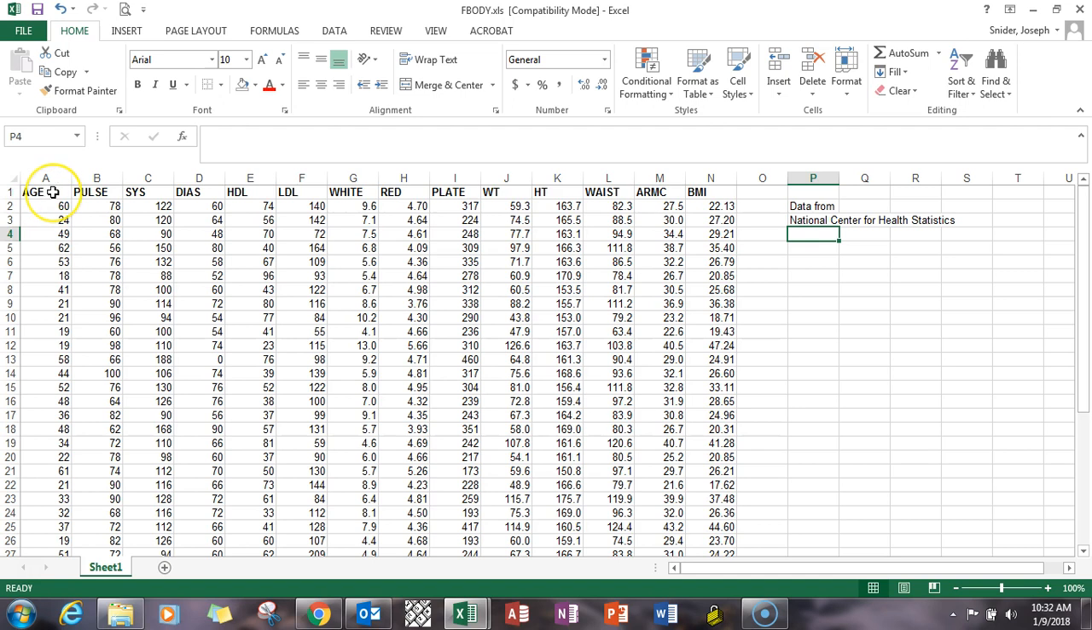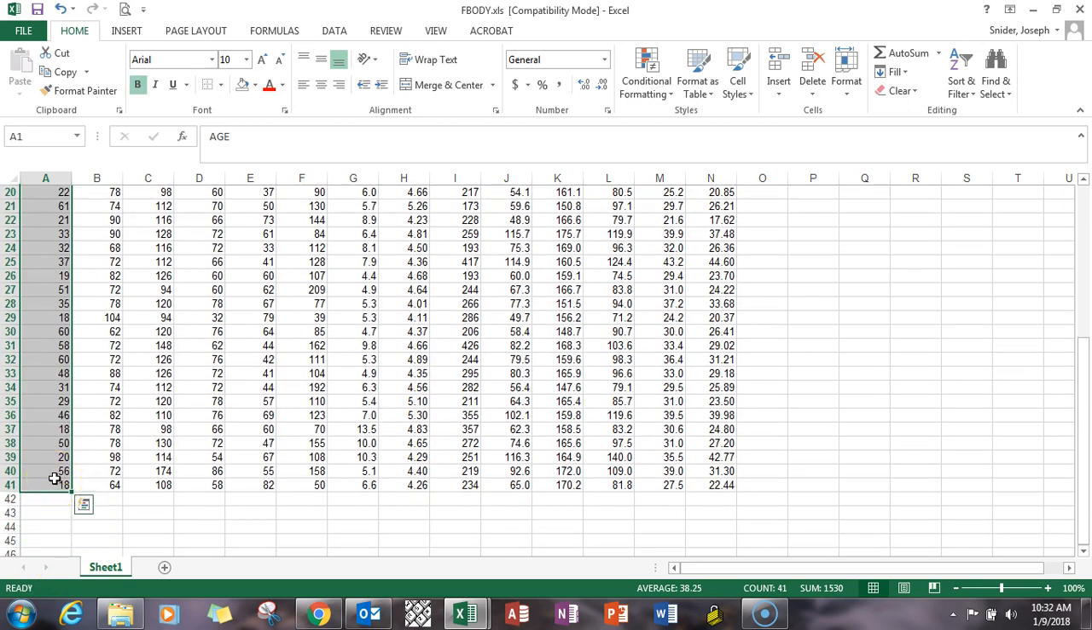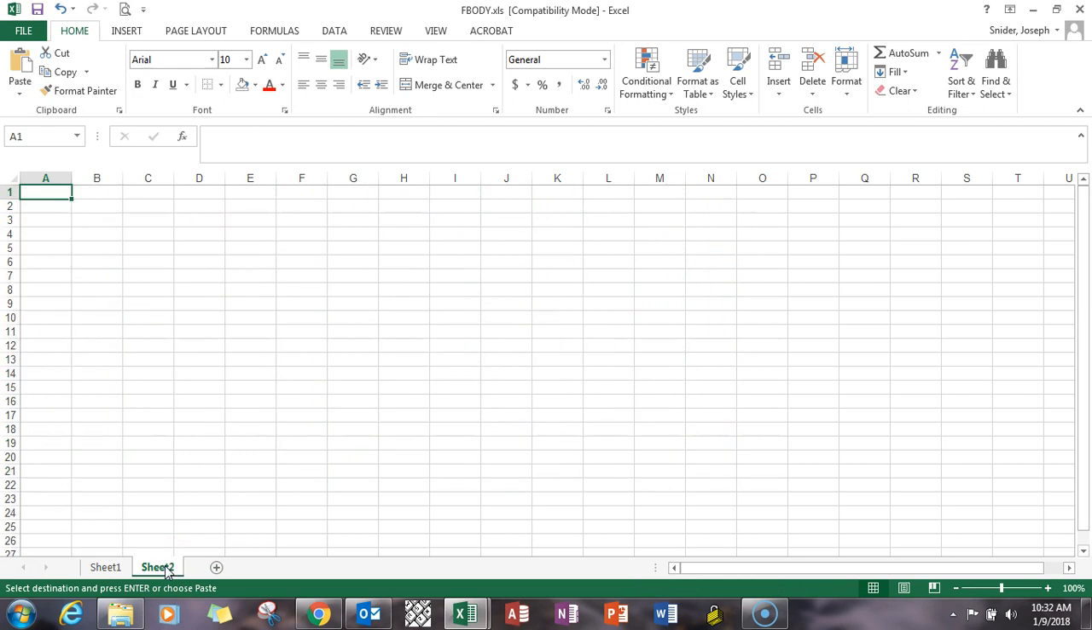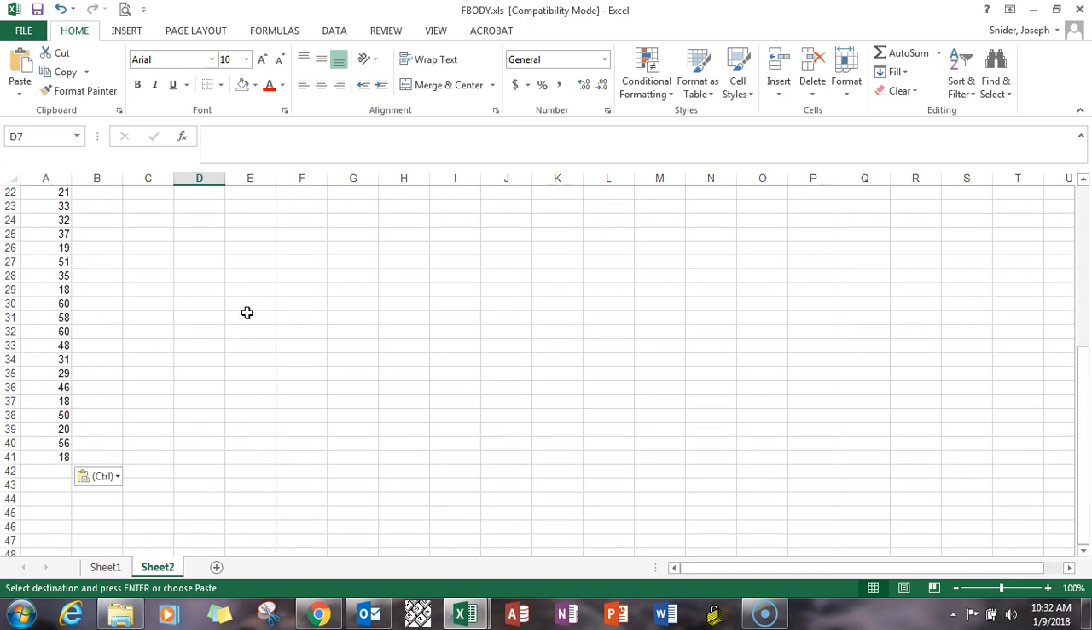We're going to take the age column. There are 40 values. We're going to highlight those, copy, and paste over into its own sheet. It's a little easier to deal with, a little easier to see if this data is by itself on its own sheet. I'm going to go ahead and highlight all of the data